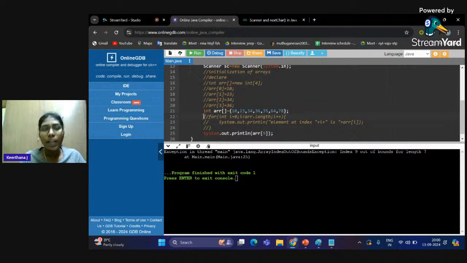But whenever you are getting array elements from the user, you have to specify how many elements they are going to store in the array, and then only they'll be able to insert the elements. Without declaring the size, storing the elements won't be possible. First I have to tell how many elements I want to store, and then only I can get input from the user. Okay,